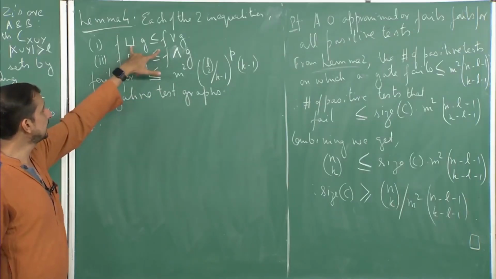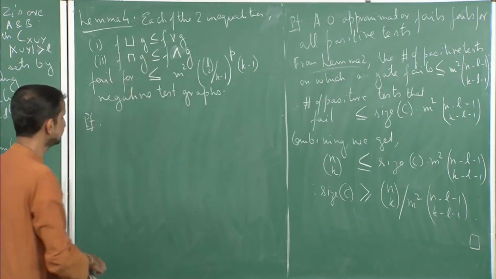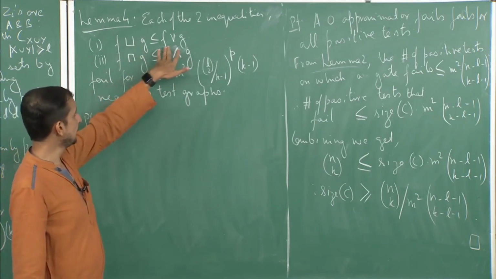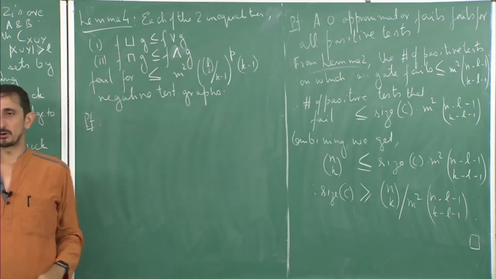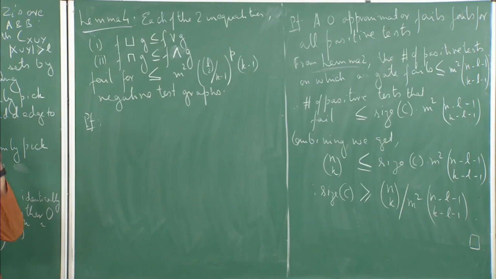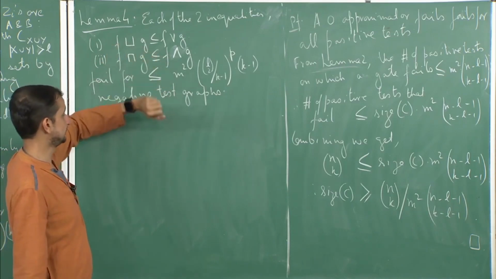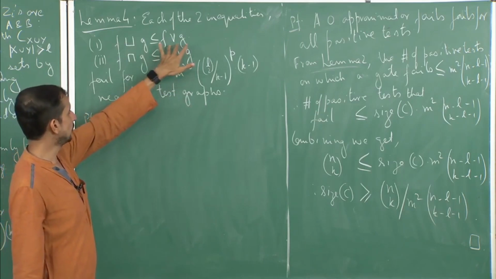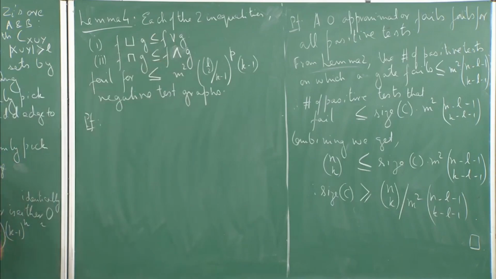Note that both these inequalities will fail if the approximate version of OR of G, or of AND of G, is strictly less than the actual one. I am just saying it the other way around. So f or of G is strictly less than this, which means that initially